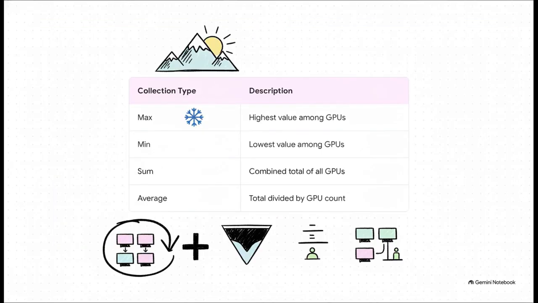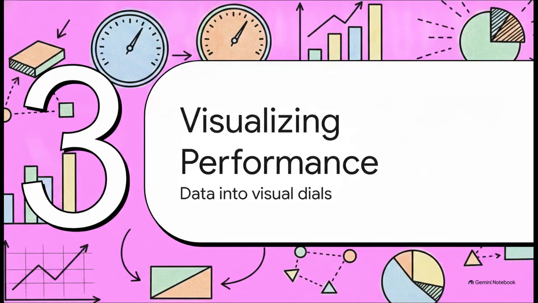Now, when you're looking at that macro appliance level data, SCC calculates it in 4 specific ways. You've got your max, which pulls the highest value among all the GPUs in that appliance, which is absolutely great for spotting thermal spikes. Then there's min for the lowest value. Sum adds up the values of all the